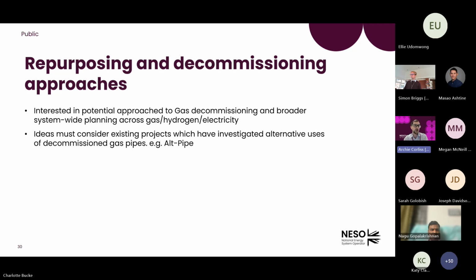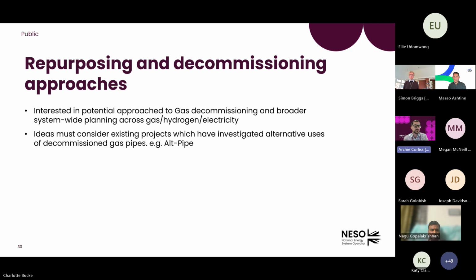But obviously the wider whole system impact of that does need to be considered, and what impact does that have in terms of removal of assets from the gas network, and indeed if some areas of the gas network may need to be decommissioned in future under certain circumstances, what might that look like in practice? How could it be done? What are the costs? These are areas where there are quite big unanswered questions, and in order to make the best whole system decisions, I think there's a range of further work that could be done in these areas.